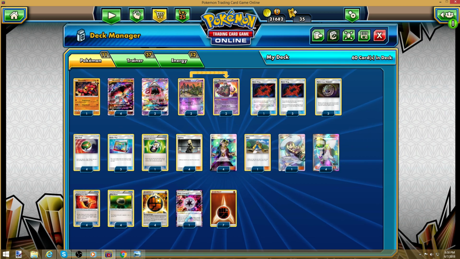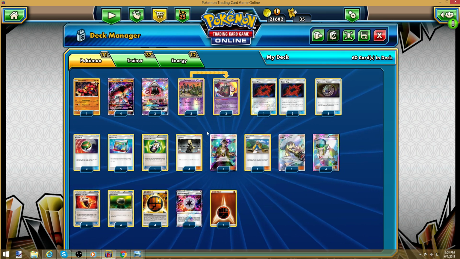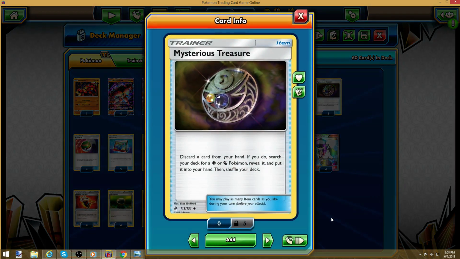The only things I can't search out very well are my Garbodors, and I can't search out Tapu Lele to use its Wonder Tag ability. And that is exactly where Mysterious Treasure steps in. What Mysterious Treasure does is you can search your deck for a Psychic or Dragon Pokemon if you discard a card from your hand. And while it still has that discarding effect, which is similar to Ultra Ball,